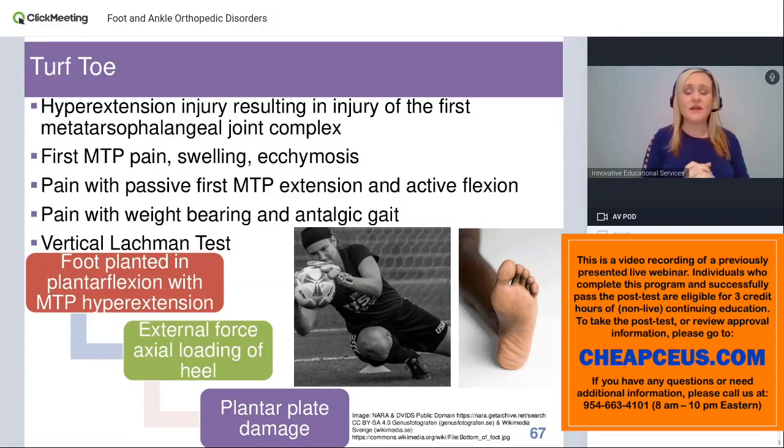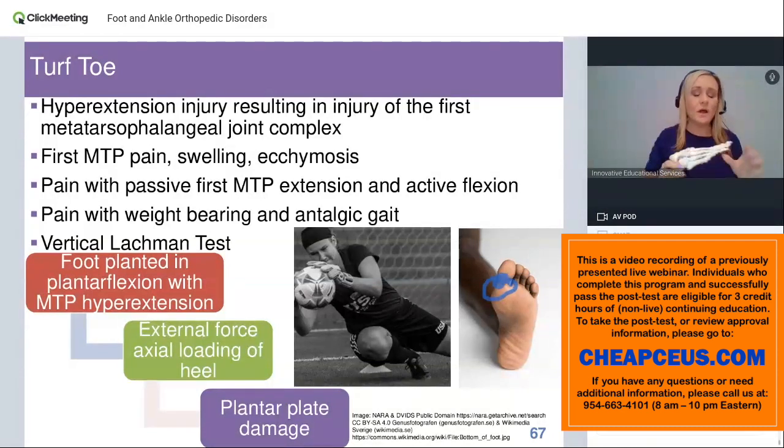Turf toe is the final diagnosis that we will take a look at. This is a hyperextension injury. The pain and location of this is going to be right about in here at that first metatarsal phalangeal joint. It occurs when, think of if you're looking at this soccer player, how they are plantar flexed and the toe is in extension, and then their body weight is a force coming down, it's going to stress the ligaments, the little fibrocartilaginous structure in that